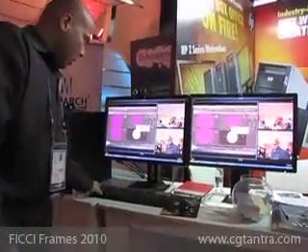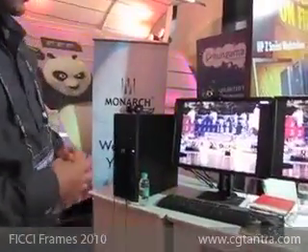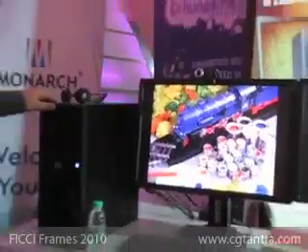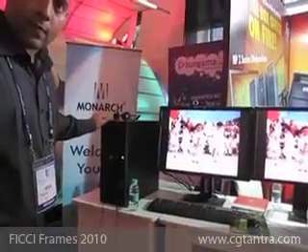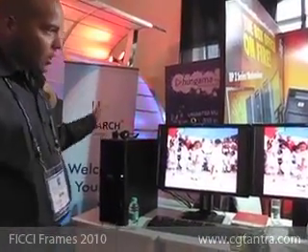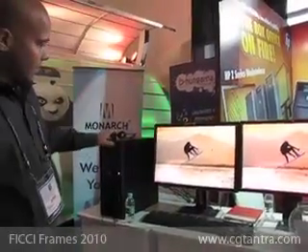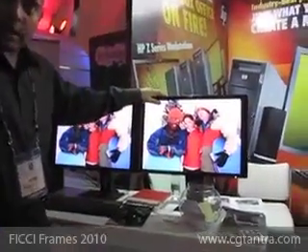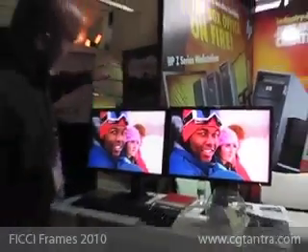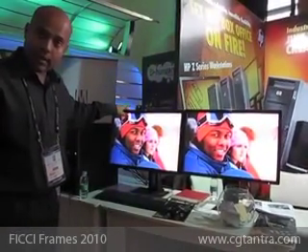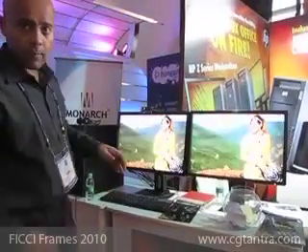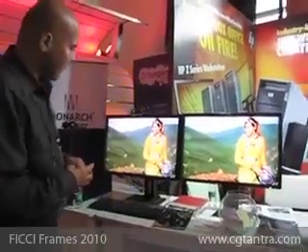Let me also take you through another very unique value add of HP. As you can see, this is our new entrant in the workstation product line, the Z200 workstation, which is based on the Intel i3 and i5 platform. And what we are running over here is the CS4 platform. To this particular workstation I connected 2 of our professional range of 24 inch TFTs. The difference between these 2 TFTs: this is a professional IPS panel which works on 8-bit technology, whereas this is a professional IPS panel which works on 10-bit technology, and we call this DreamColor, which typically contains 1 billion colors as compared to 16.7 million colors in any normal TFT.